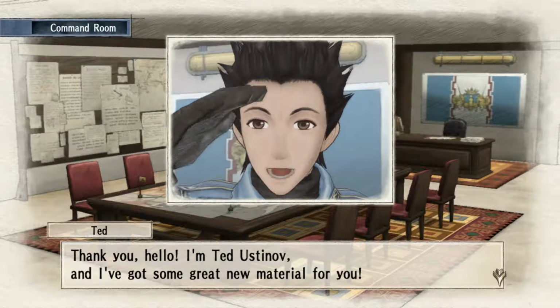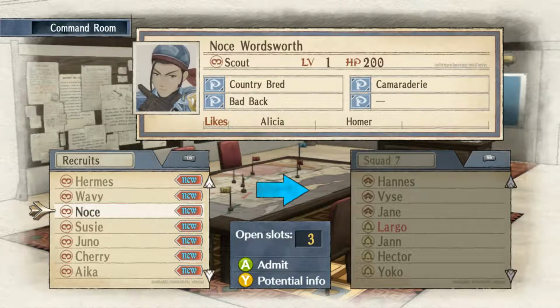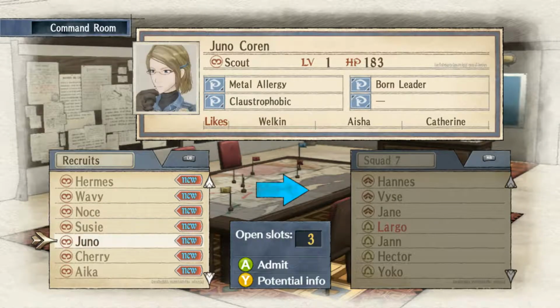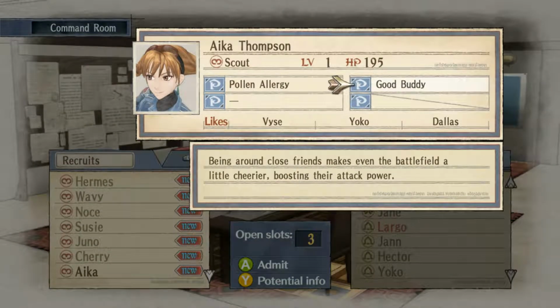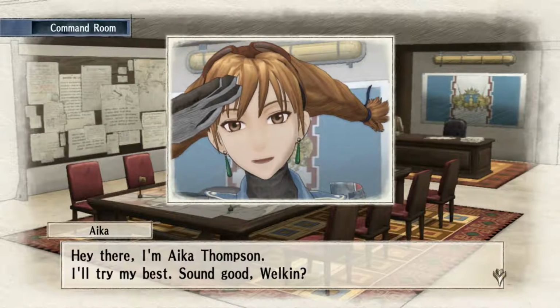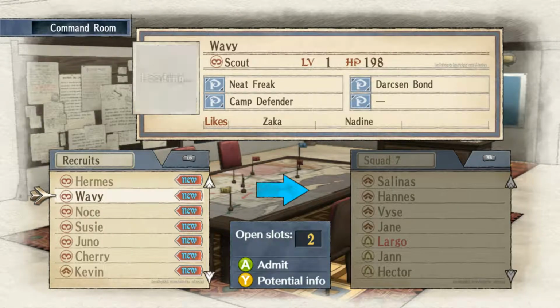Thank you. Hello. I'm Ted Ustinov, and I've got some great new material for you. Bad back. I don't think I've ever seen that one. Bending over to crouch, which seems awful. This good buddy. Okay, we'll get her. Hey there. I'm Ika Thompson. I'll try my best. And we will get